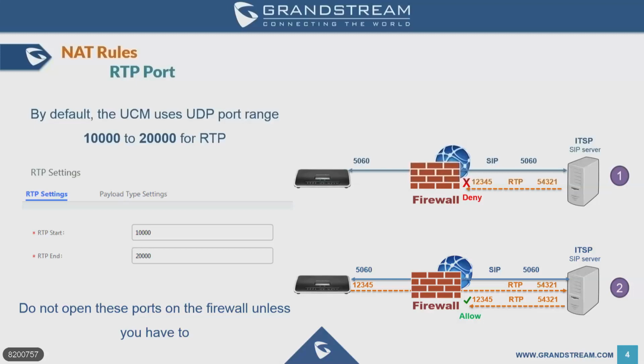So the UCM is asking the SIP server to send the RTP traffic on port 12,345. And unfortunately, when the SIP server sends RTP on the requested port, the firewall will discard or drop the packets because the port number 12,345 is closed, and the firewall has no way of knowing that the UCM is actually requesting traffic on that specific port. That is the reason why installers and even VoIP engineers would ask you to have these ports open